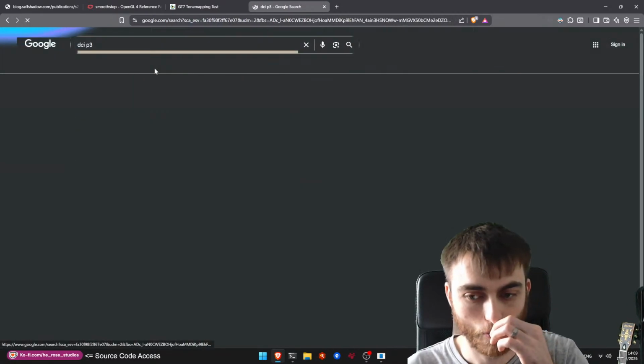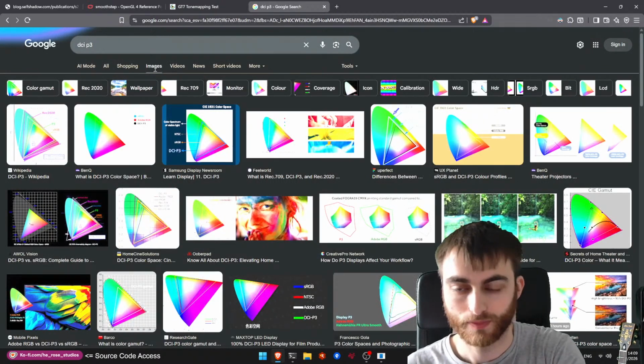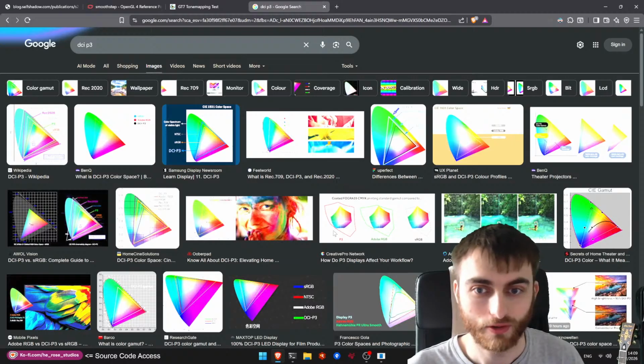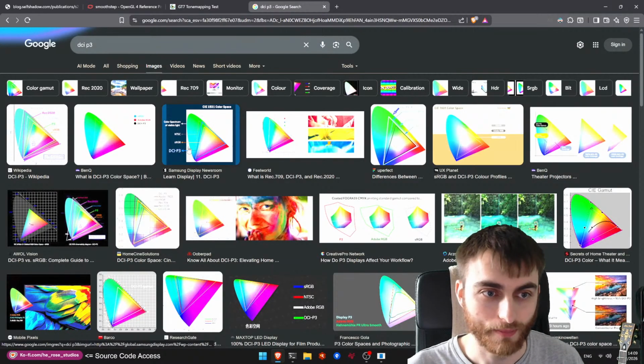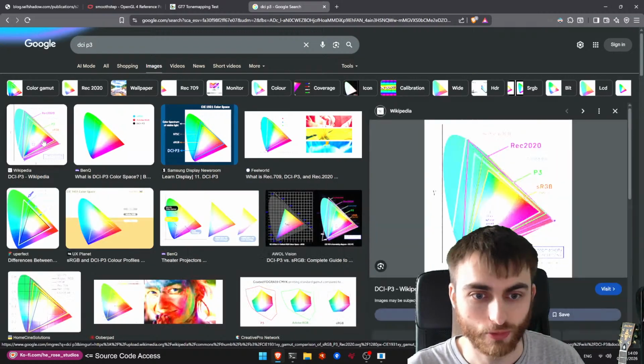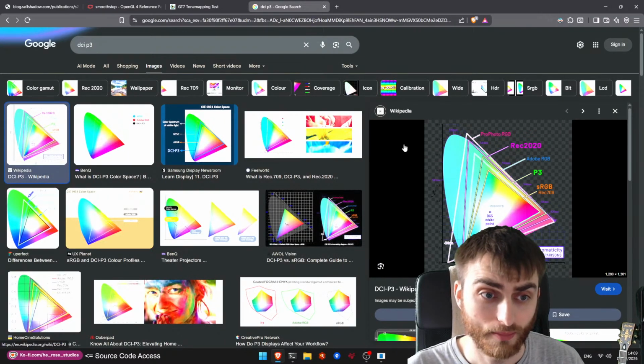Effectively, since we're using HDR, most displays in HDR basically fully support the DCI-P3 color space, right? You output in the Rec 2020 space, but